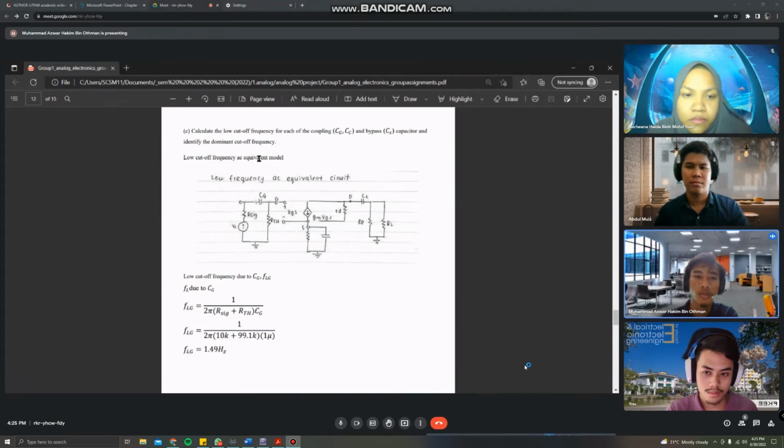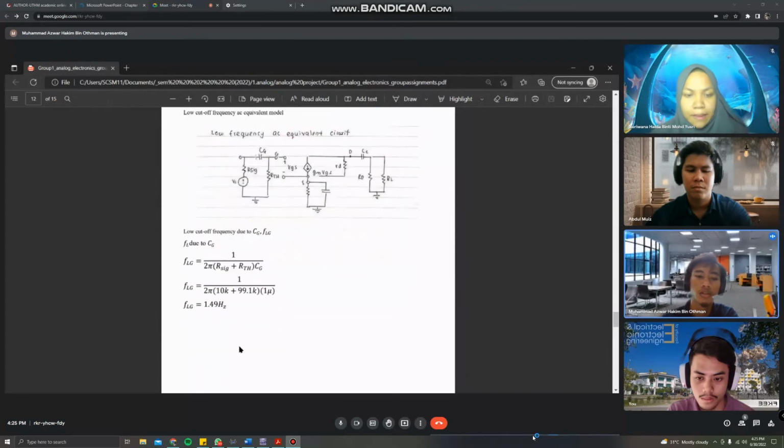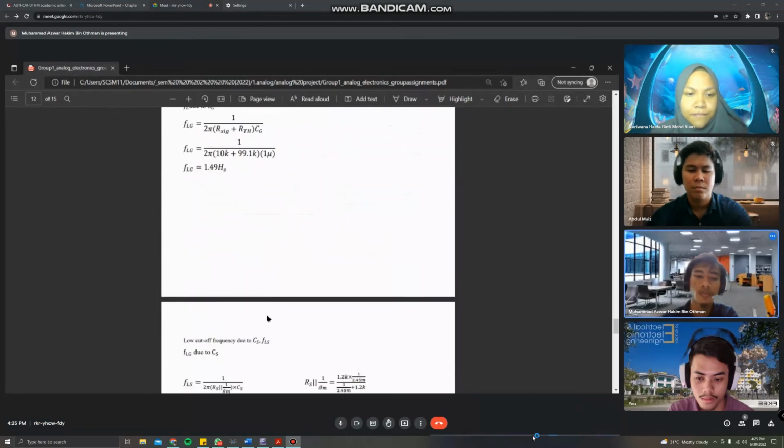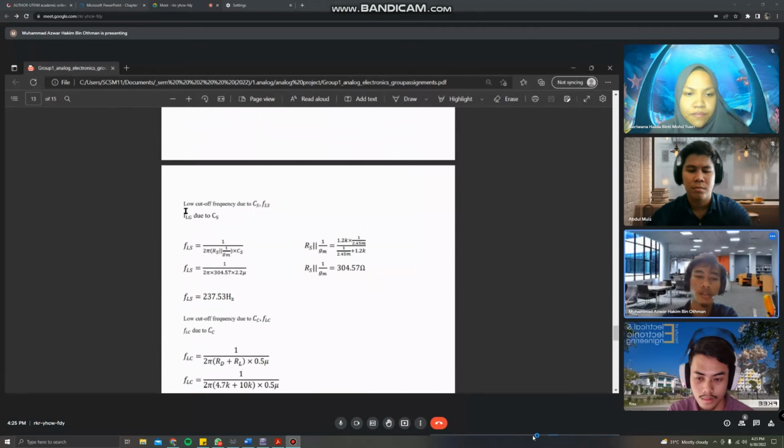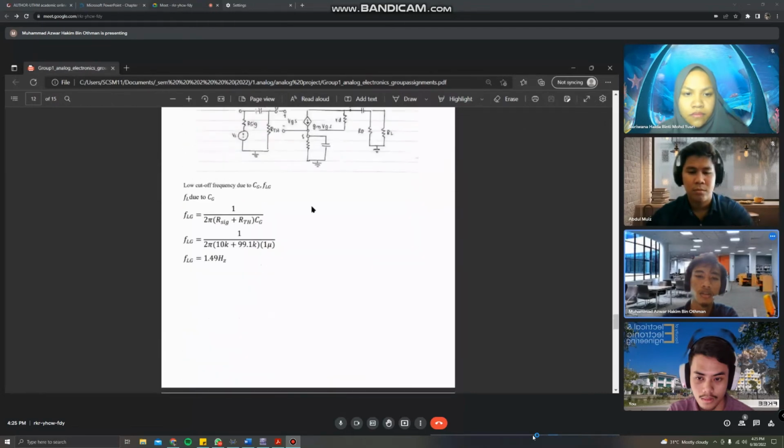So for part C, we need to find the low cut-off frequency due to the capacitors CG, CC and CS. So we find the FLG due to CG. The resistor across CG is RSIG plus RTH. After we calculate and substitute the CG value, we get the FLG equals to 1.49 Hz. After that, we find the FLS, which is the frequency due to CS. So the resistor is a little bit different. We need to